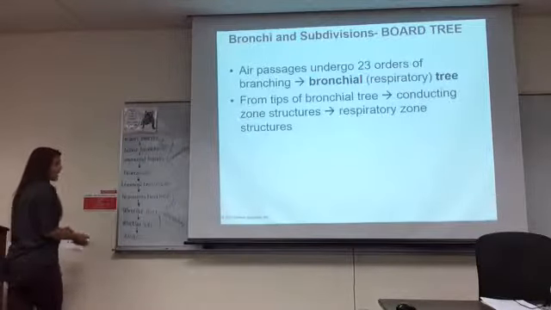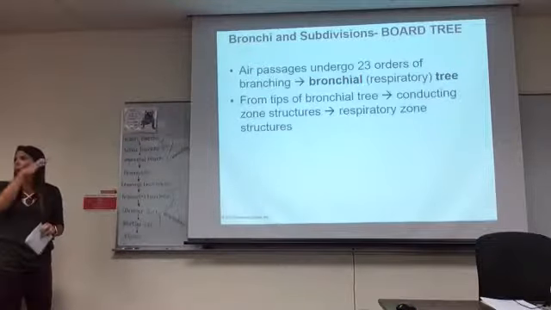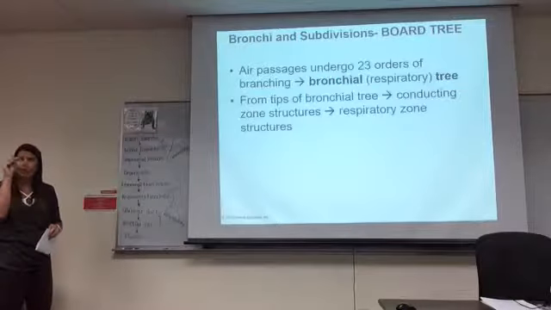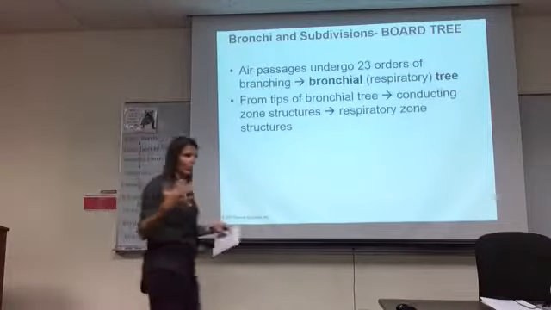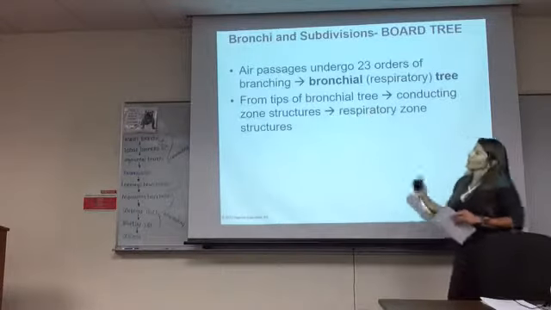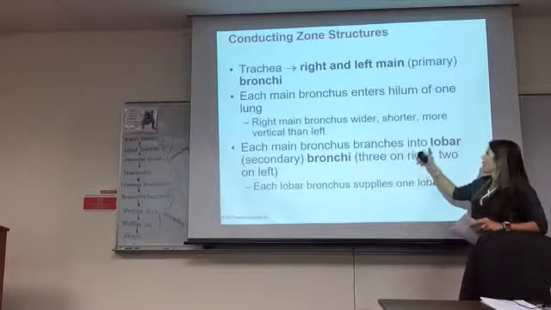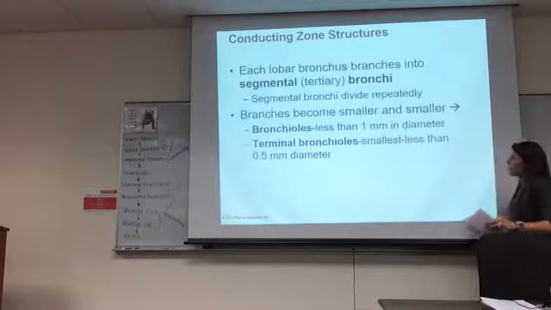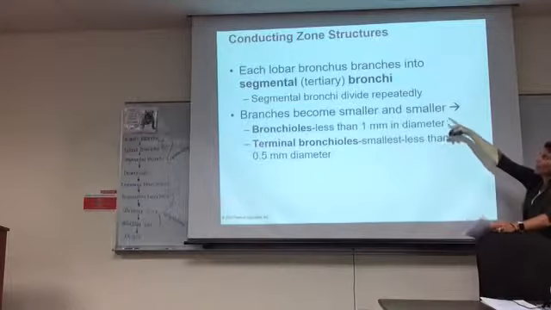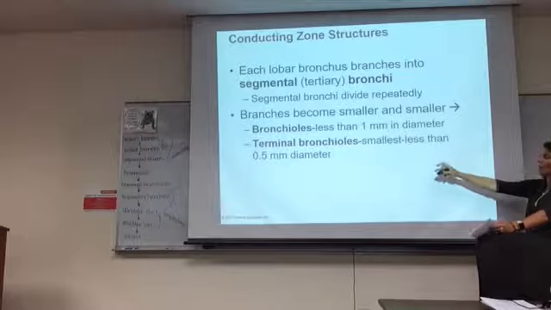The next few slides have all of this in paragraph form. And so I just organized it so you can see it goes here, here, here, here, here, because that helps you with the memorizing and the studying. But it tells you that we start with the right and left main bronchi, and then they turn into the lobar bronchi. And then from there they go to segmental, and then to the bronchioles. The bronchioles then turn into the terminal, so those are the end of the conducting area, and now we go